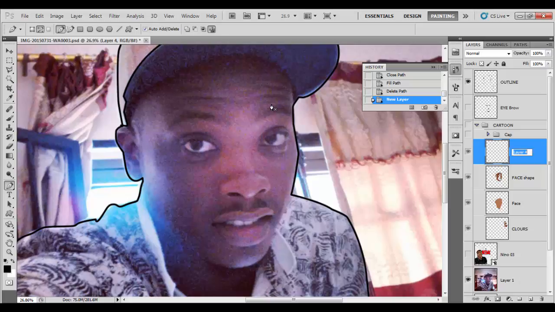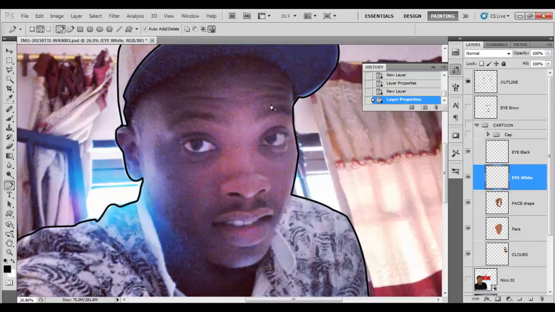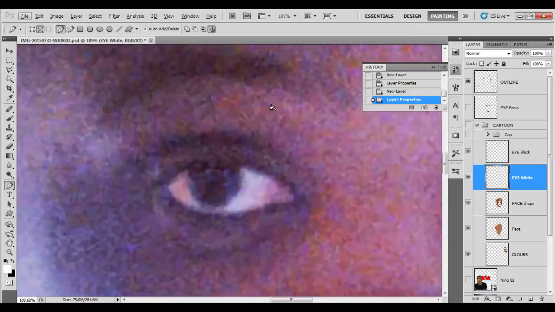We'll create this eye white, create another layer again, and say eye black. Then the eye black will be on top of the white, so we'll be creating the white first. So switch your foreground color to white, come to the eyes,